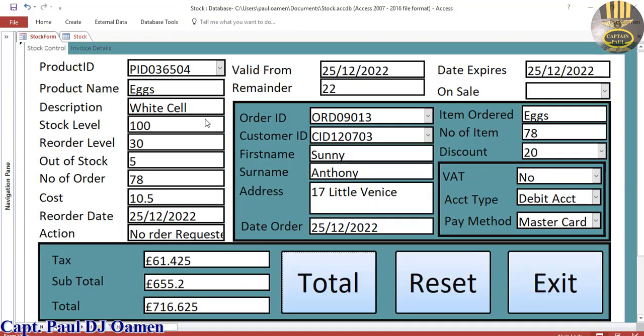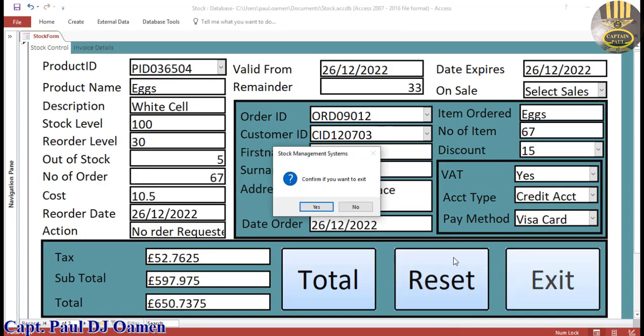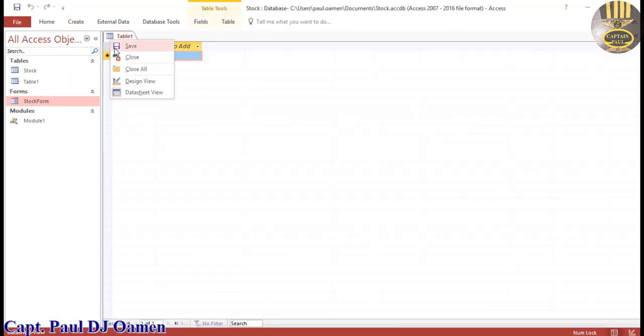Okay, let's go back to our form. So what I'm going to do right now is take you guys straight into the Microsoft Access environment, and we'll put one of these together. Let's exit out and start a new project entirely. But first of all, we're going to have to create a new table. So I'm going to come in here, click on create, select table, and just right click on it and save